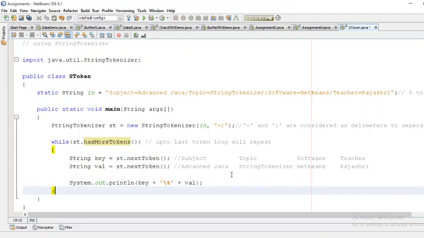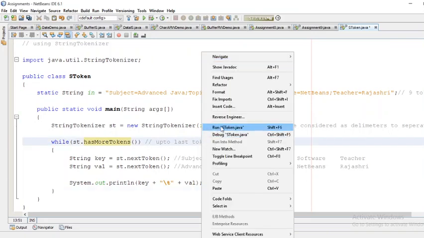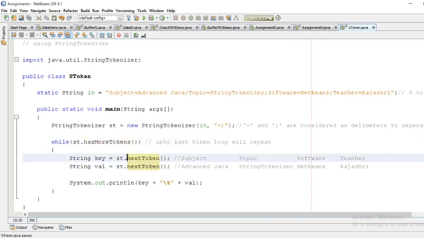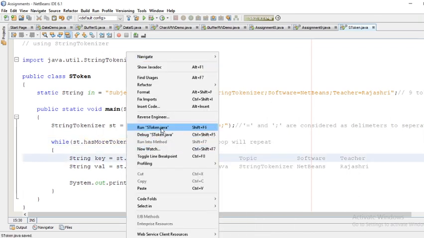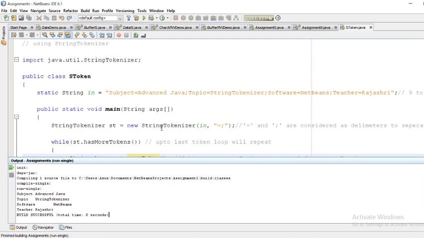So now let's see how it is giving the result. So I am going to run this. Okay, first I save this, and now I run. See, here we are getting the same result, whatever we had just seen.